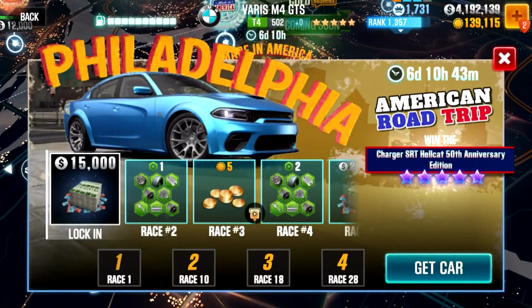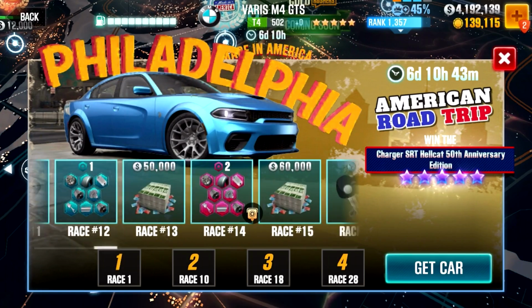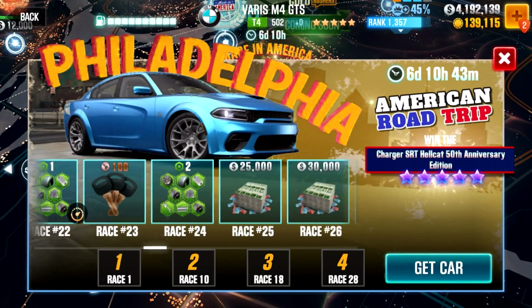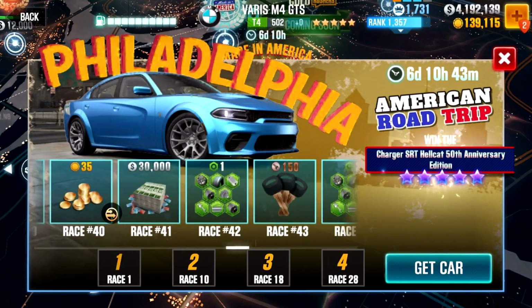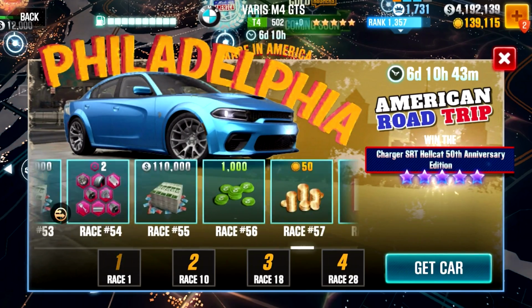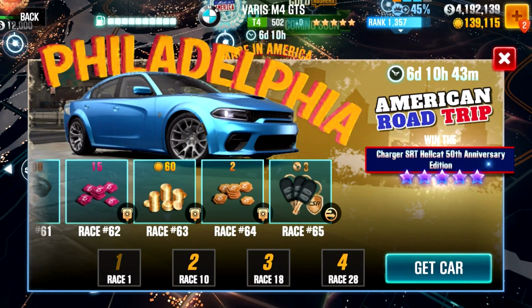The event itself is a 4-way lock-in of 65 races, with a total rewards of 825,000 cash, 335 gold coins, 1,130 bronze keys, which is a super nice amount, 110 silver keys, 5 gold keys, this could have been a tad more, 9 uncommon, 6 rare and 6 epic fusion parts spread over the various cars, 3 stage 6 parts, all 3 for the car in the third lock-in, I really wish this was more spread,